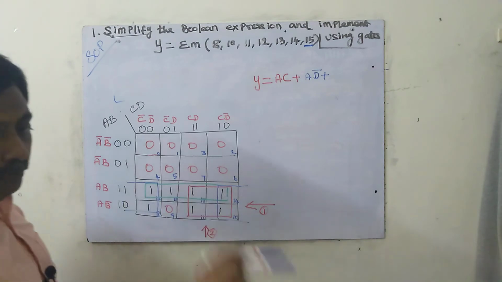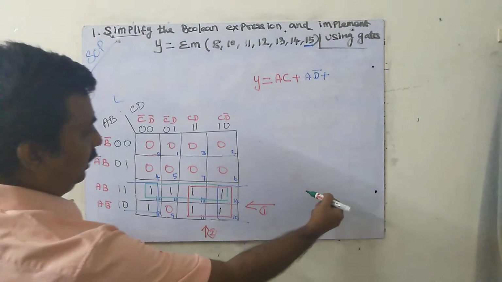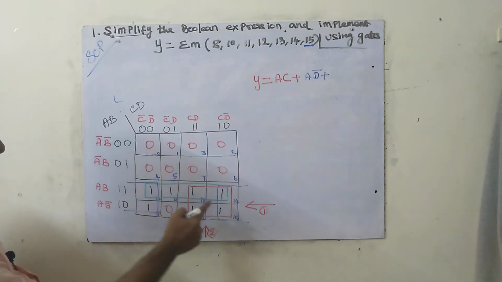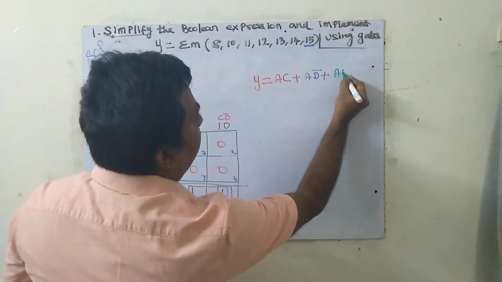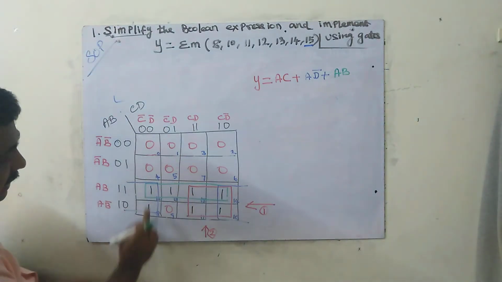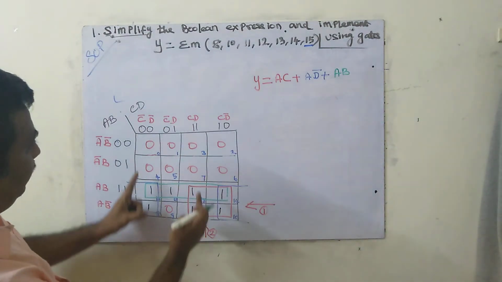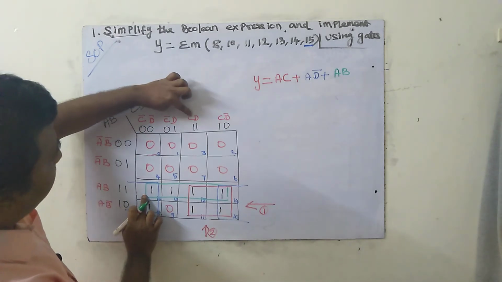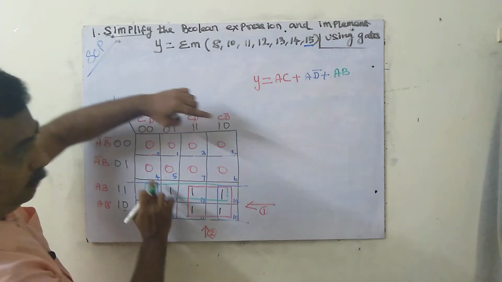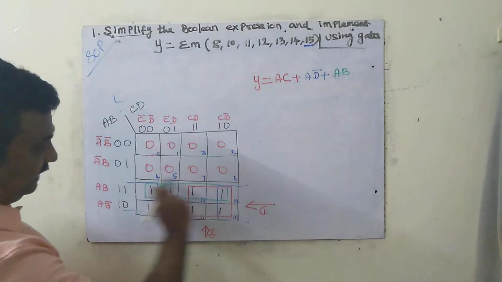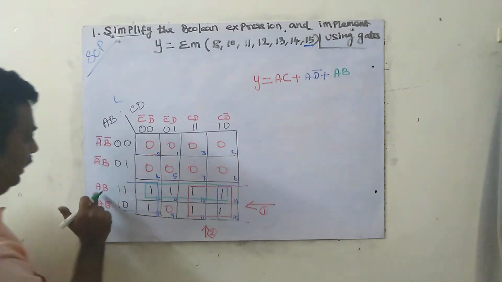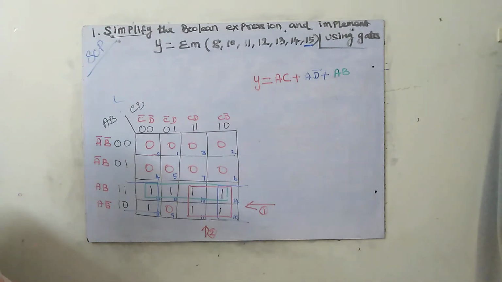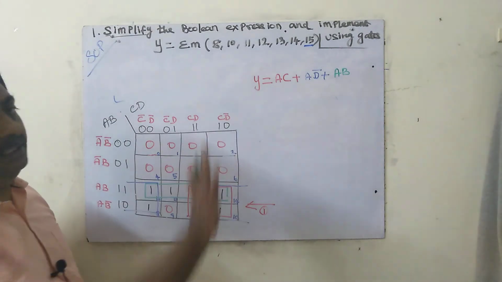Lastly I am going for the green color. I have to check from here. For all 4 ones, A B is common, because it is not changing. If I see from here, it is C for all 4 ones; for this one it is C bar, this is C. For this one it is D bar, D. So everything will change. When this type of rectangle is there, we only have to take this thing; nothing will come from the rest. We will solve many problems. So this is the simplified equation.